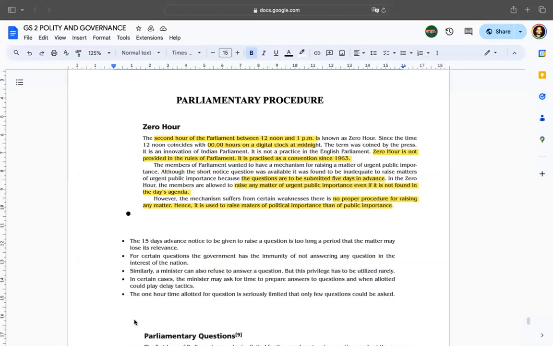So a starred question is one which we can simply understand as an immediate question. For example, if we are a mini parliament and we have Mansi here, Mansi is a minister and I'm a normal MP. I just, on an immediate basis, ask Mansi one question. So that question will become a starred question. A question asked all of a sudden.